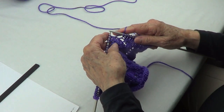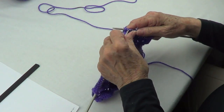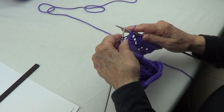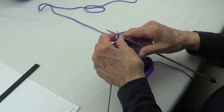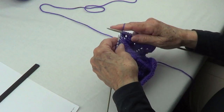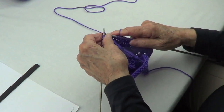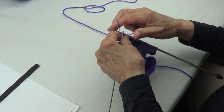Now we do a double decrease. We pass those two, we knit that one, pass the two over the knitted one, and now we yarn over and knit 3. 1, 2, 3. Now we're going to do the repetition again. That means we knit 12, 1, 2, 3, 4, 5, 6, 7, 8, 9, 10,